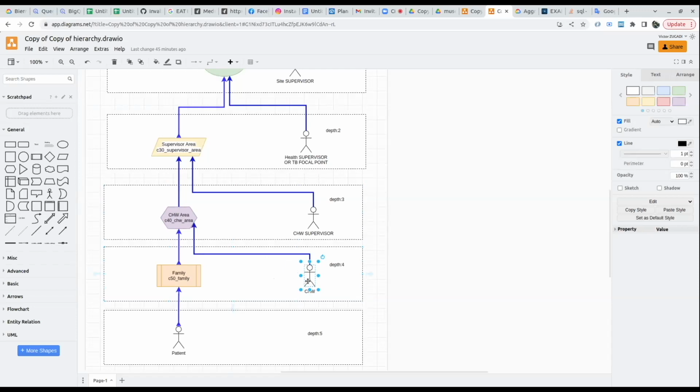all persons here, because in some cases one CHW area has two community health workers, but they don't work at the same time. Sometimes one will be the primary contact, sometimes the other will be the primary contact. If we could have the possibility to replicate all persons, but keep the depth to